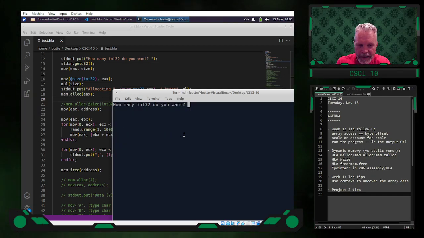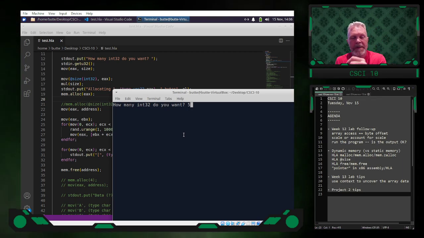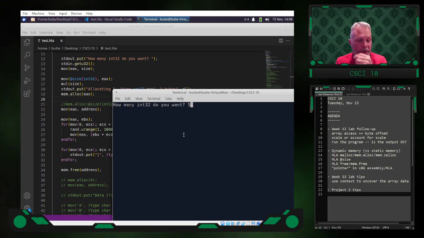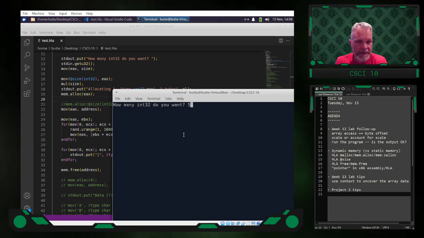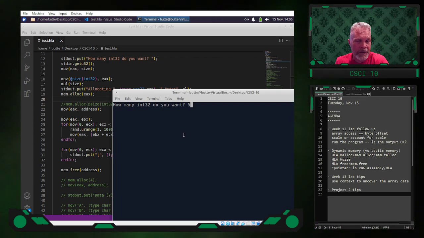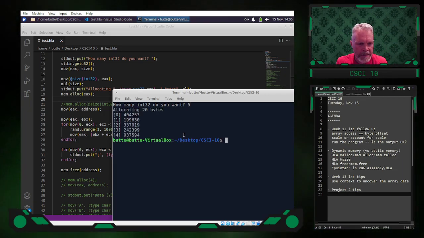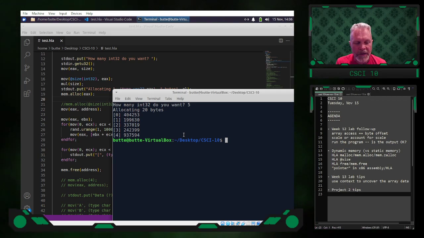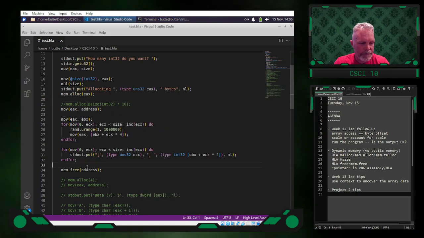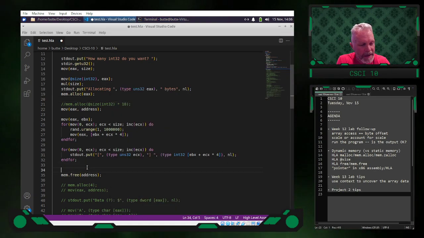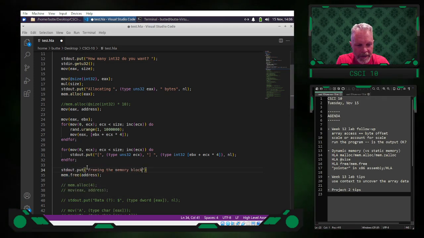All right, so if I put a 5 here, it's going to be 5 times the size of an int32, which is 4, which should say that it's allocating 20 bytes, which should mean it's going to populate indexes 0 to 19 with a random integer, and then it's going to print 0 to 19. Oh, no, 0 to 4, not 19. So there's the random values. Allocating 20 bytes, that's what I expected. And then we don't see it, but we could print it out, though, if we wanted. So standard out.put freeing the memory block at